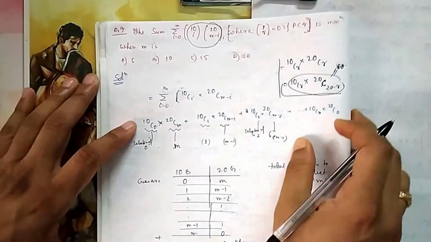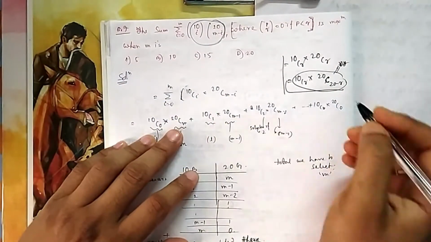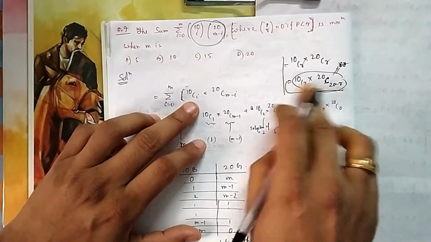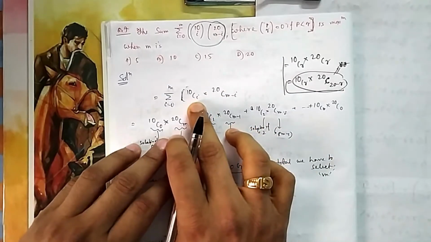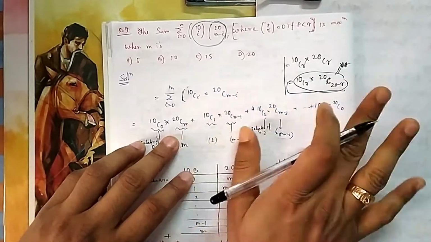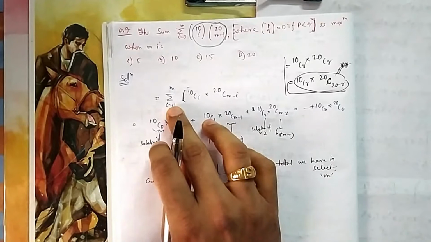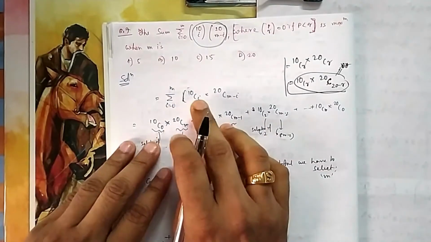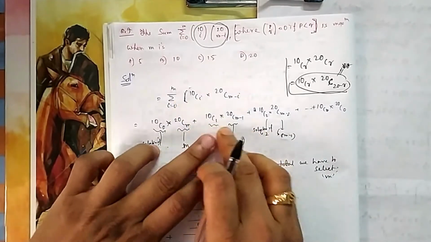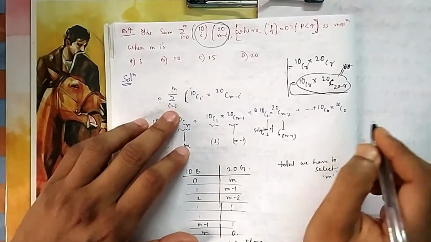If you see this one here, it is 10ci 20cm minus i. Instead of r, it is i here, but the thing is the same. This means here it is 20, here it is m. Forget about this, you see this one, you will get some idea. Now what are the cases? i can be 0 up to m. If I put i equal to 0, then it is 10c0 20cm. If I put i equal to 1, I have written it in this expression. Finally, if I put i equal to m, I will get this.